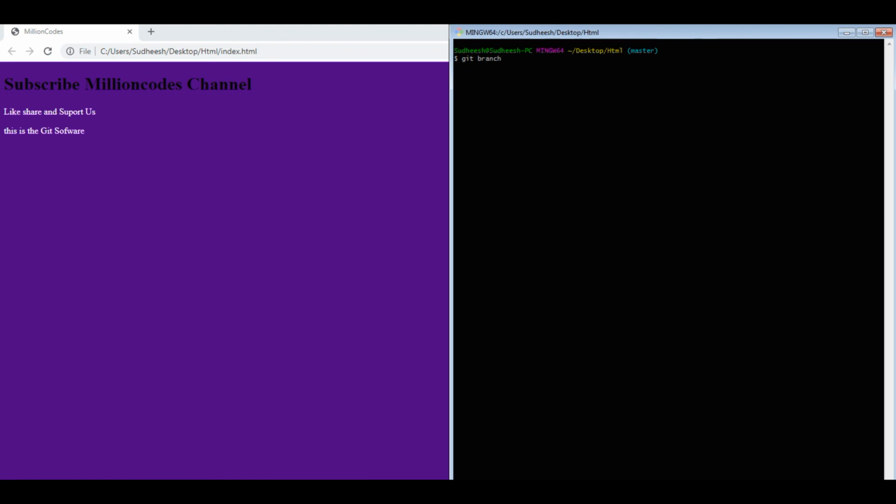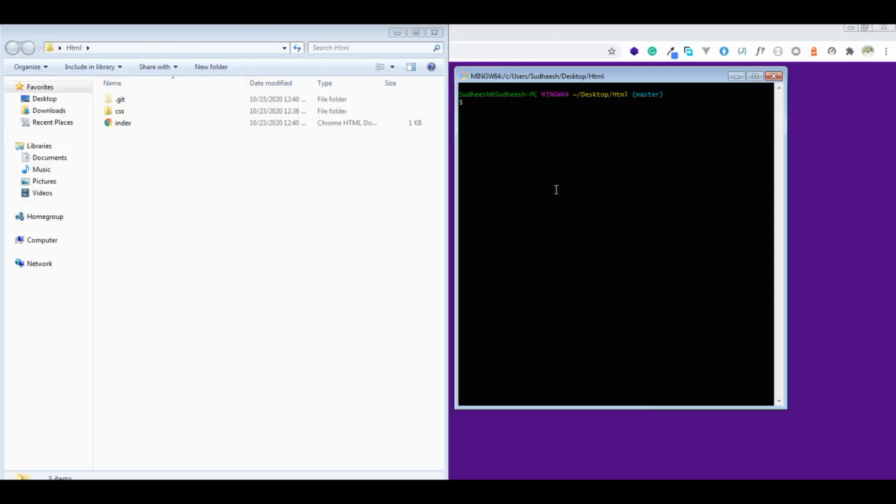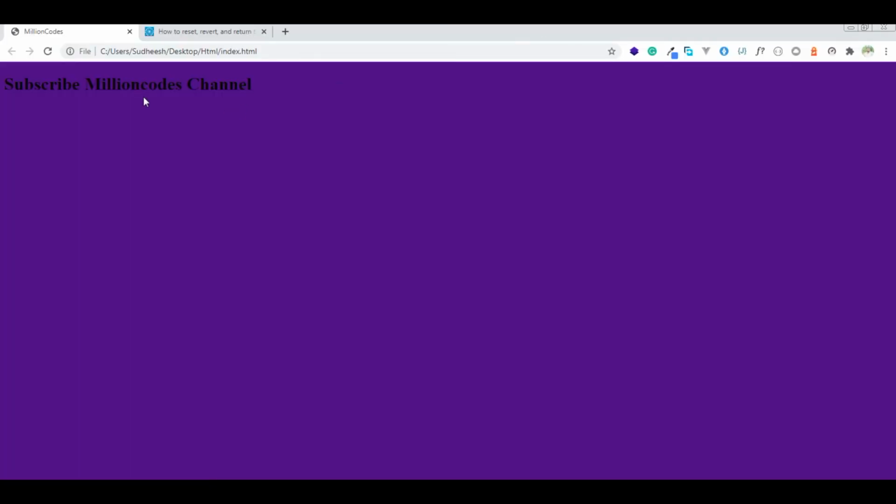Git branch version 0.1 now. Okay, the version branch already exists. So we have to use git checkout. Okay, now we are on it.